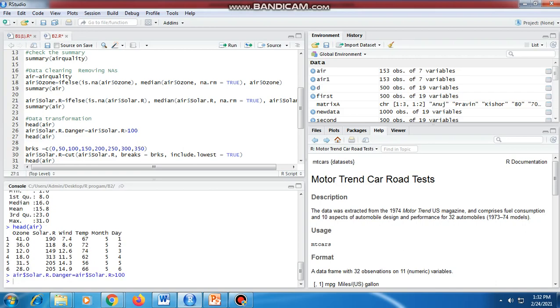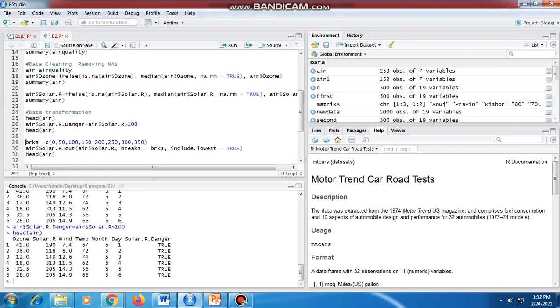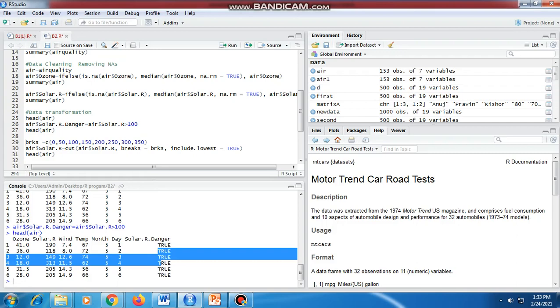With this statement we assign the condition and then we print the head of air. This value is greater than 100, so it is danger. Likewise all the values are greater than 100, so all become TRUE.